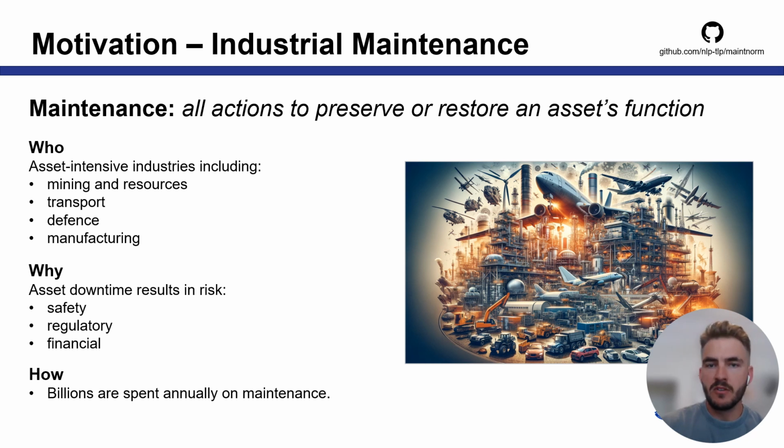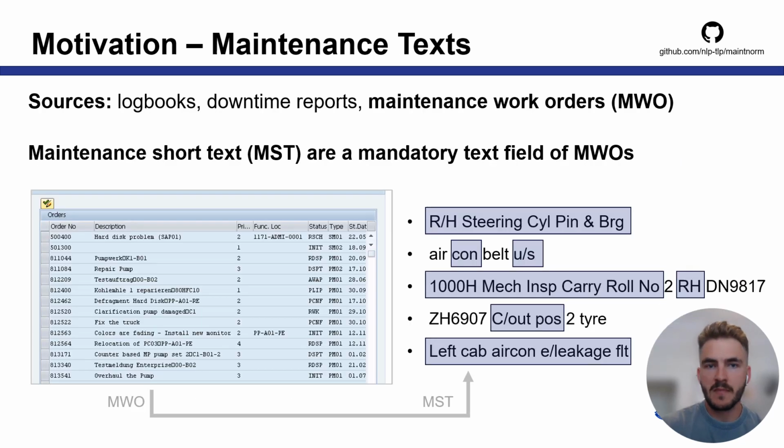With billions in annual investments, this process is critical for asset-intensive industries such as mining and resources, transportation, defense, and manufacturing. In these sectors, the failure of assets to function can lead to downtime that can be costly, impact safety, and breach regulatory requirements. As a result, experts working in this area, typically reliability engineers, use user-generated content in the form of work order records to gain insight into their assets' behavior, enabling them to develop strategies to avoid such